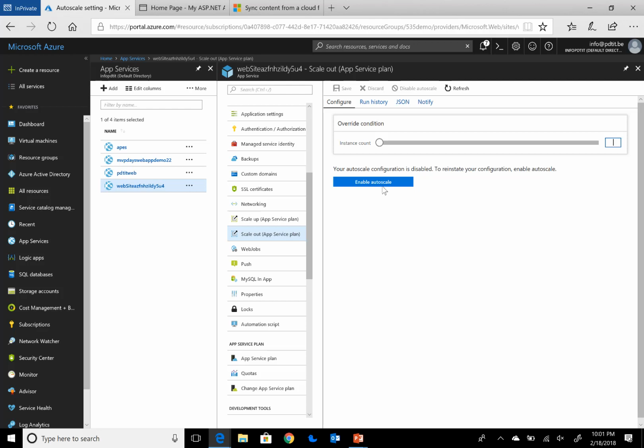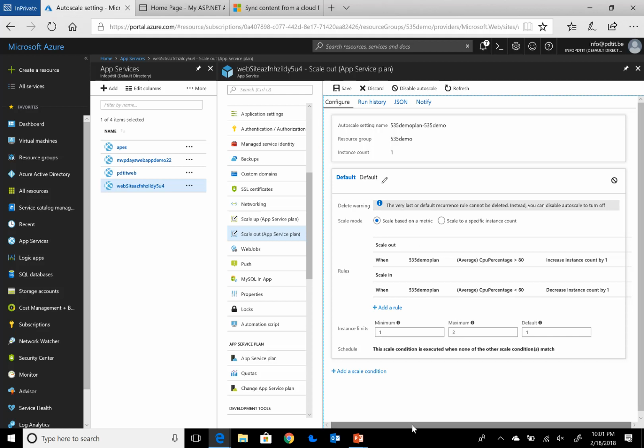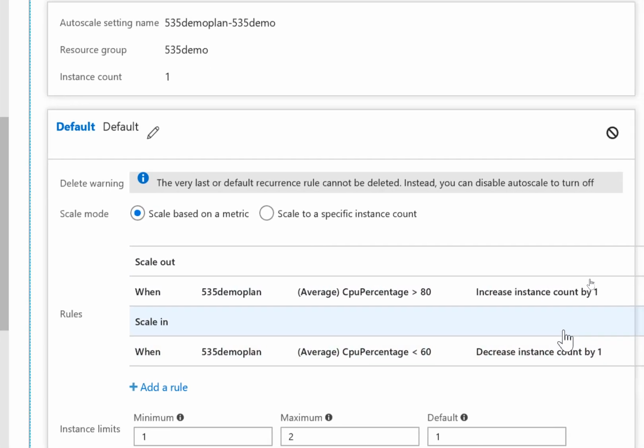So more interesting is using auto scaling, where I'm really gonna use the intelligence and the power of the platform based on a metric, or again based on a specific instance count, where most customers obviously would go for a metric, where I pre-configured the rule whenever my CPU percentage for this specific instance goes above 80%, deploy an additional